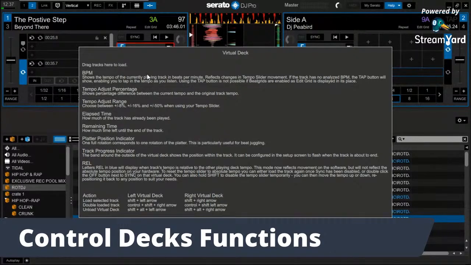To reset the tempo slider to absolute tempo, you can either load the track again once sync has been disabled, or double click the off button next to sync on that virtual deck. You can also hold shift to disable the tempo slider temporarily. You can then move the tempo up or down, and reposition it back to any position to suit your needs. And then